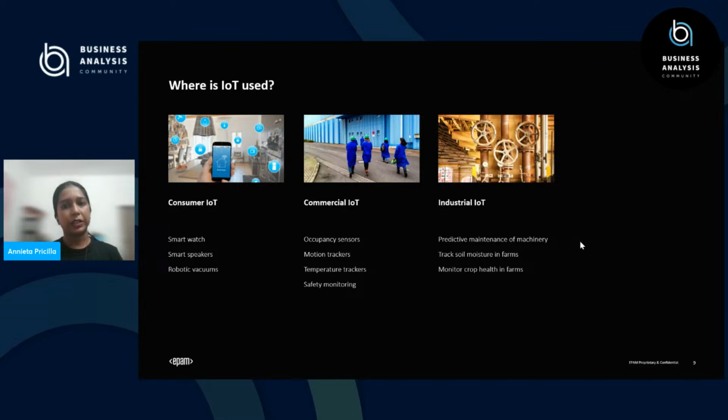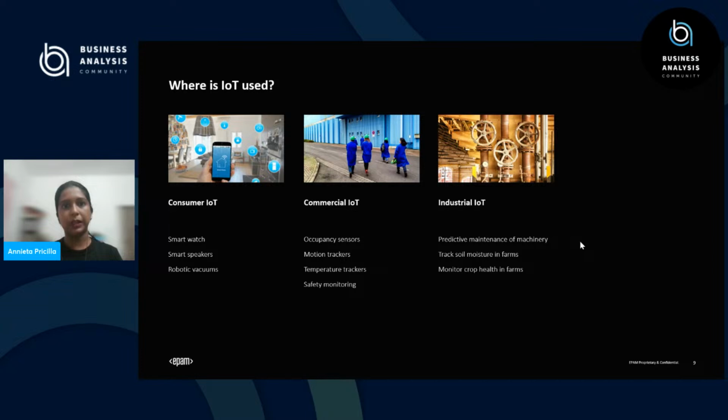And then for industrial IoT, where large machinery is involved, they want to track whether the machinery is performing as expected, and we can even predict whether the machine is going to fail or there will be some problems with it. These kinds of cases are used in industrial IoT scenarios,